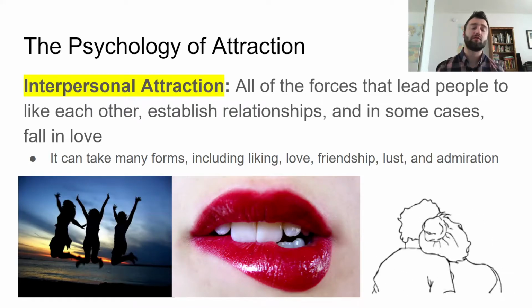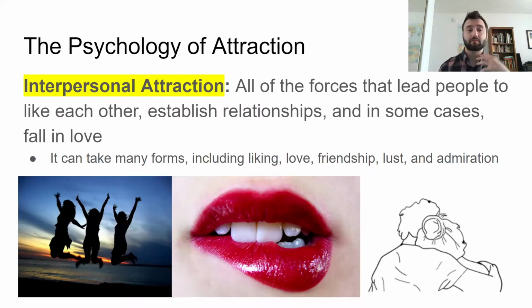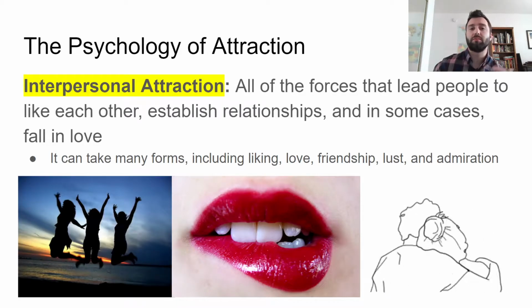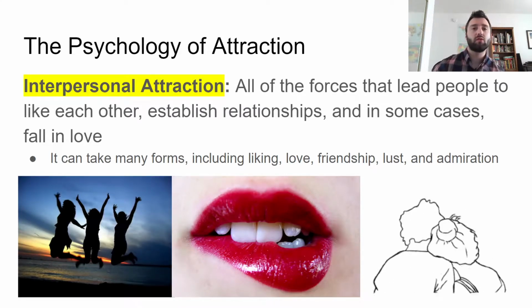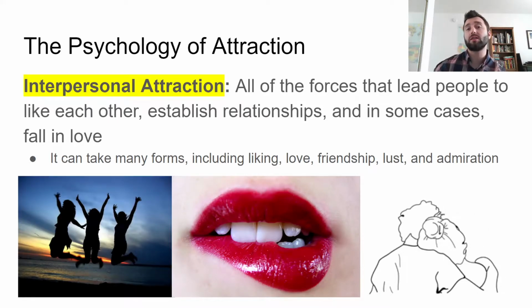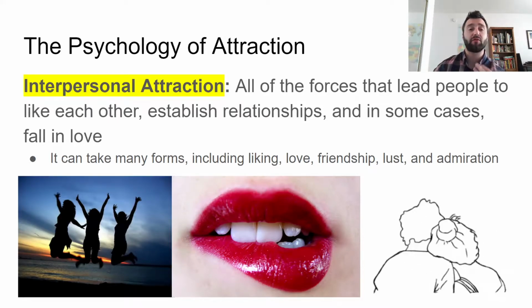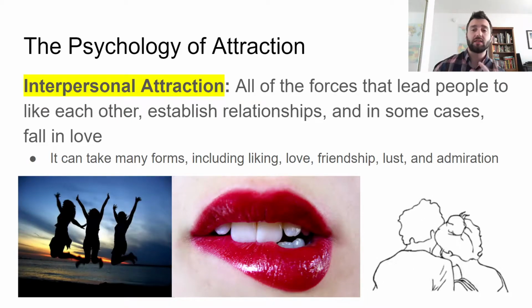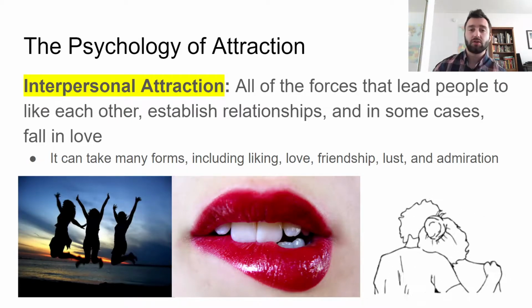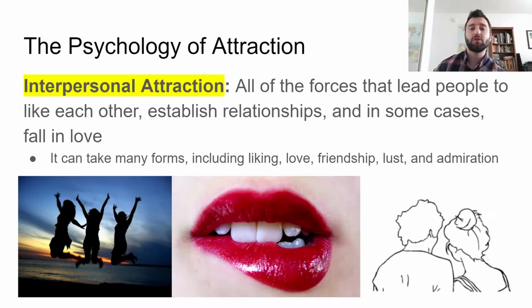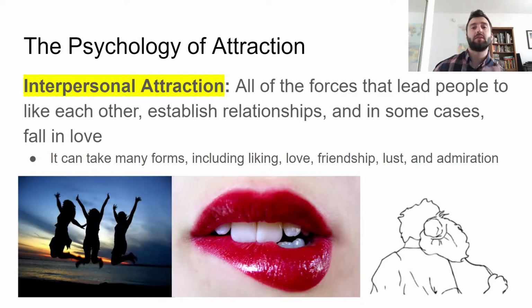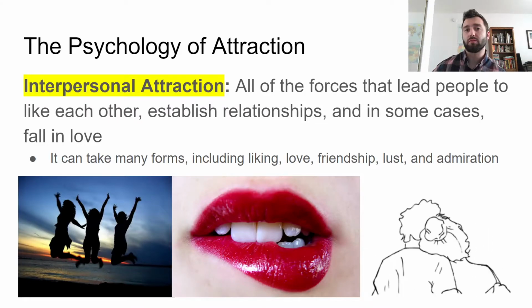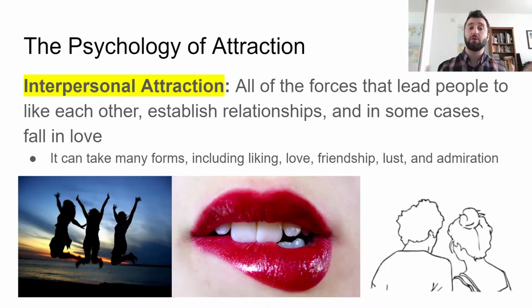Okay, there are a lot of different forms though of interpersonal attraction. So these forms can be liking somebody, loving someone, it can be friendship, it can be lust, it can even be admiration as a type of interpersonal attraction. All attraction really are these forces that lead people to like somebody, to have a relationship with somebody, in some cases fall in love with people, right? So we can see how there's this really broad